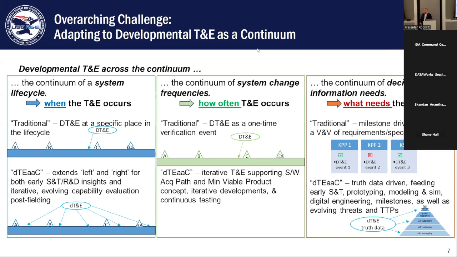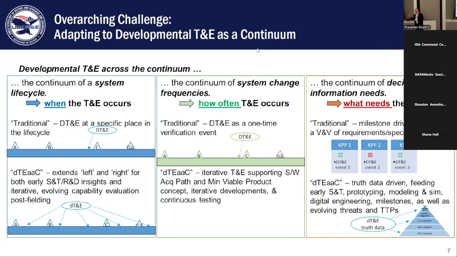And then the third continuum that I like to think about is what information are we getting out of tests? So again, traditionally, you have DT&E to answer specific V&V of requirements or specifications. So there's a key performance parameter, there's a key system attribute, right? These are in the requirements document that this has to have, the missile shall launch in no less than 3 seconds or something, right? That you do it once, you have a test event, and then you check it off and you're done. DT&E as a continuum thinks about this, you can't read this, but there's a whole bunch of